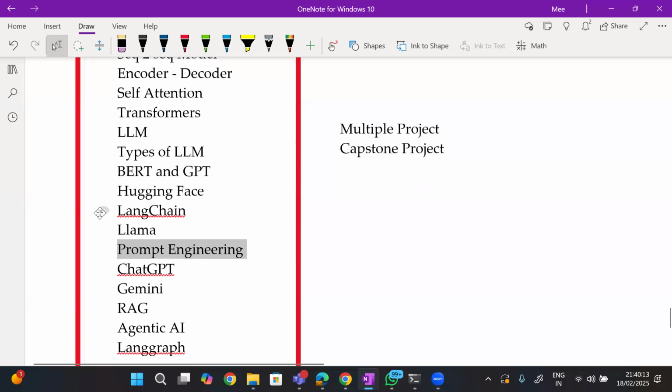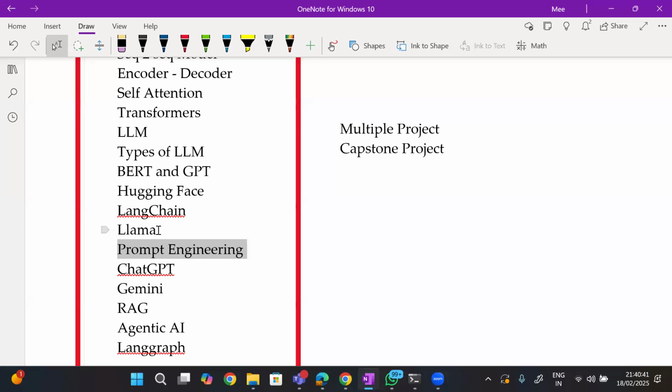These all are the latest models which are available, and they are very, very large language models. I'm talking about the LLMs, which we can use and create our own applications using their stuff. Now we will use LangChain and create our own models. We will use Llama and create our own models.